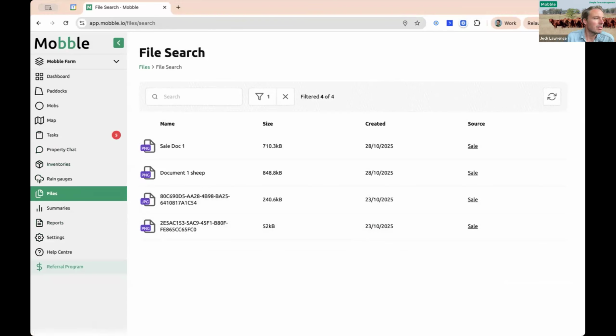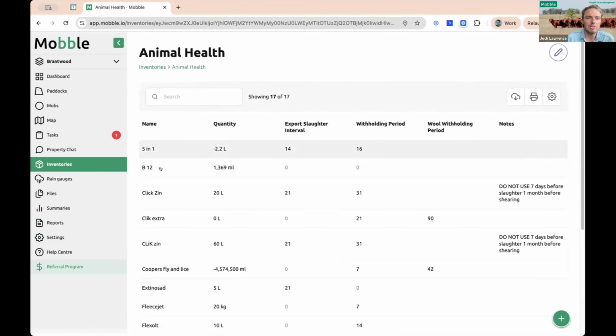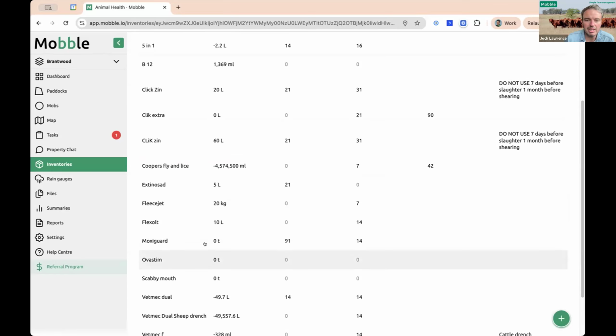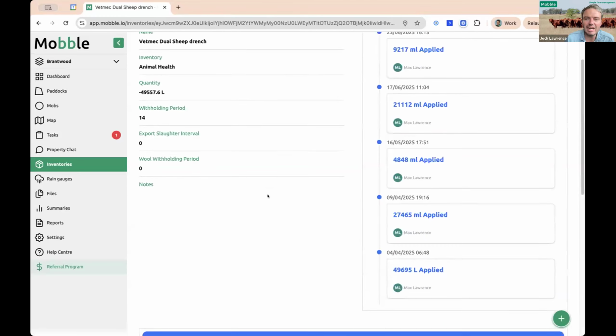So we sort of touched on it before, but yeah, Mobble has a full inventory system in here, which I'll go back to the live farm for. Yeah, so it's self-managed. Once you add in your products, you're basically adding batches ongoing. My parents aren't the best. You can see some negatives in there, but they are good at